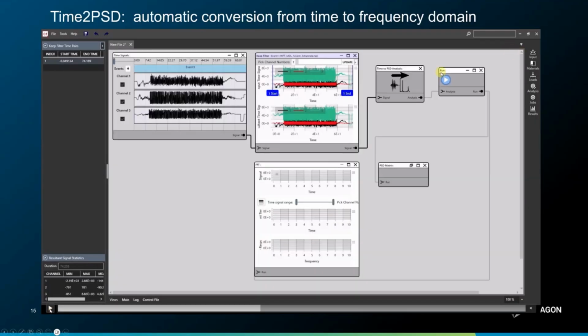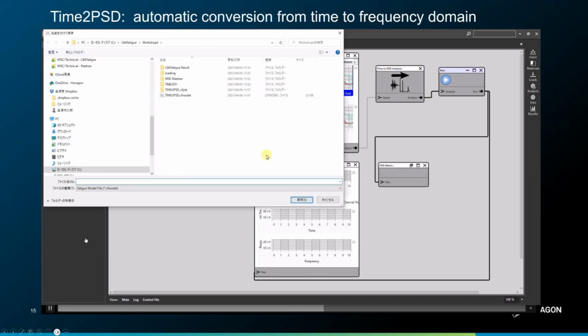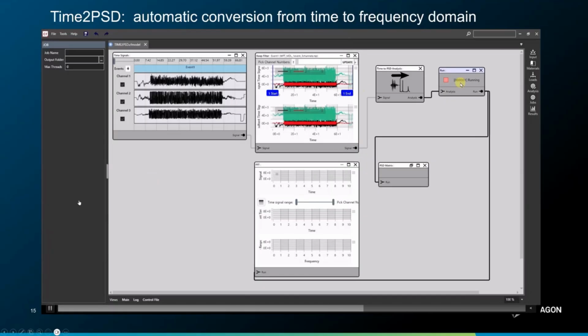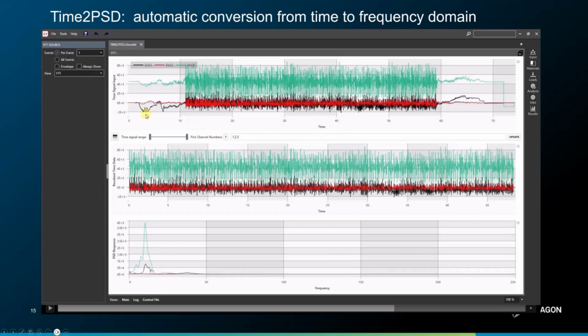But let's be more daring. Let's not do anything. Let's let the software decide automatically. So I'm going to take a window that purposely includes stuff that I don't want, right? And I'm going to use the automatic detection capability in time to PSD to essentially auto filter the signal, based on some preset coarseness in the frequency domain that can be shared across the company. I'm going to run this, and no matter if my colleague or myself or somebody else 6 months from now will run this, they will always get the same type of style PSD, which is very important,